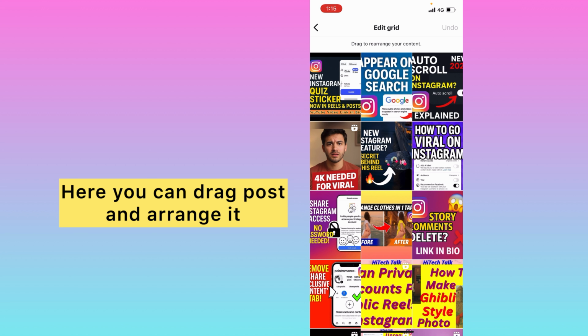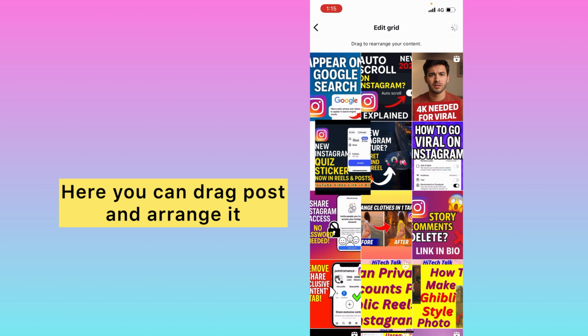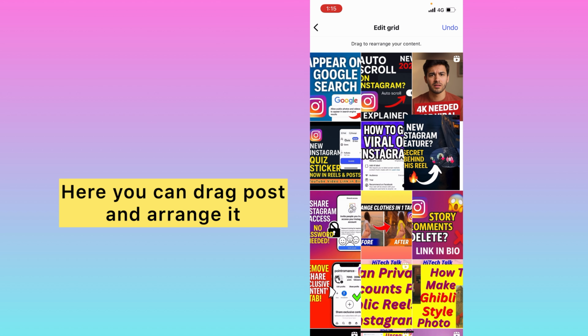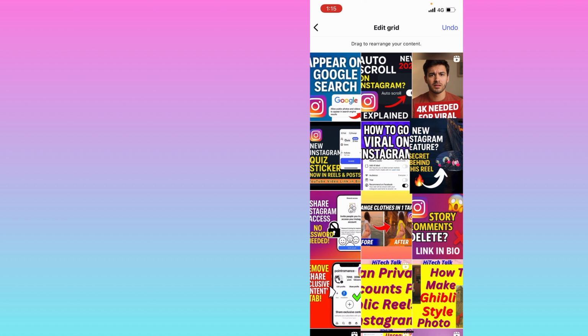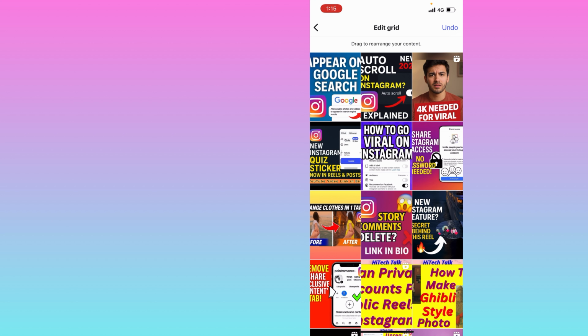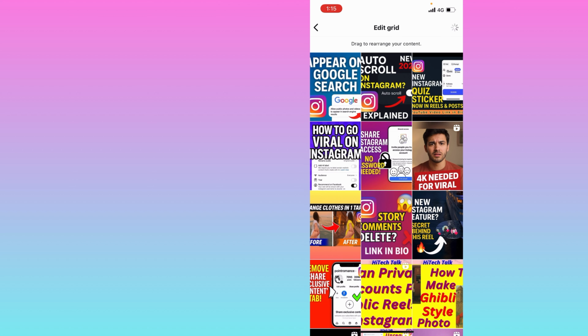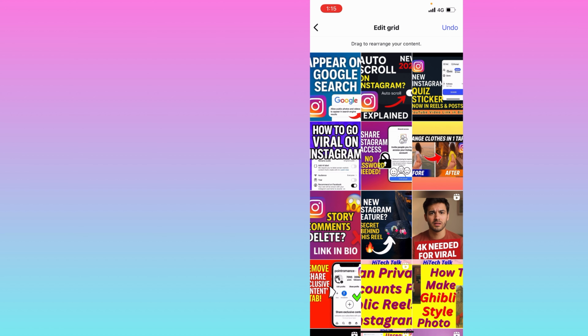You can drag and drop anything you want. For example, you can see here, you just have to drag and drop it. So once it is done, you have to click. So you can see now I will drag this. So first three should be photo. Okay, so